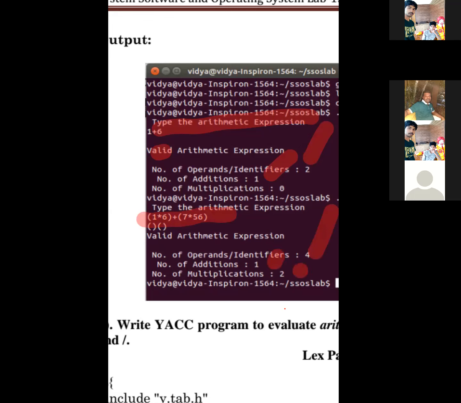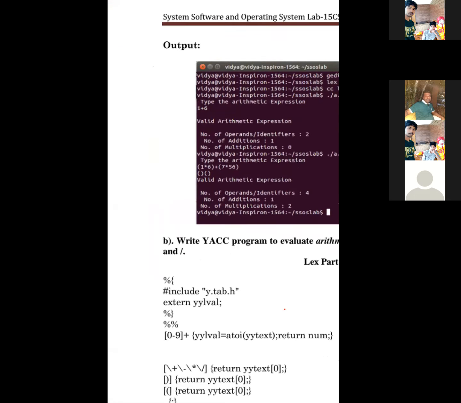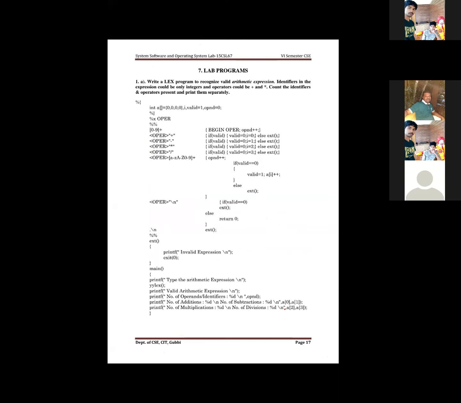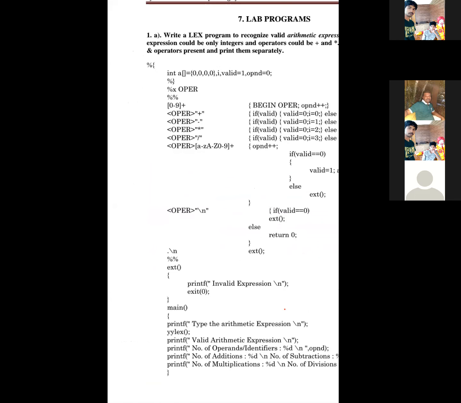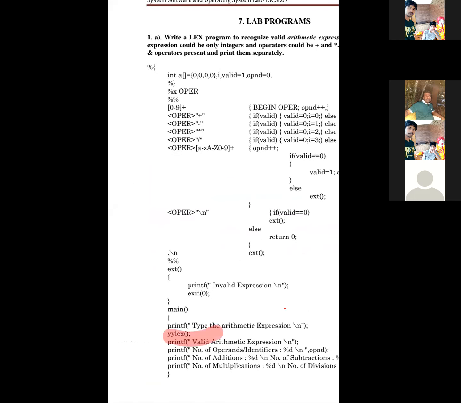Addition symbol is 1. Multiplication symbol is 2. So like that, we are going to scan your program, and then we need to distinguish the particular ones. Lex is going to scan everything. It will tell the operators, and the symbol percentage x OPR will identify the operators available inside the expression.